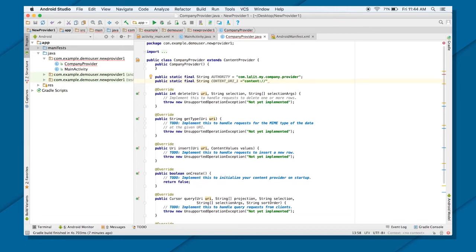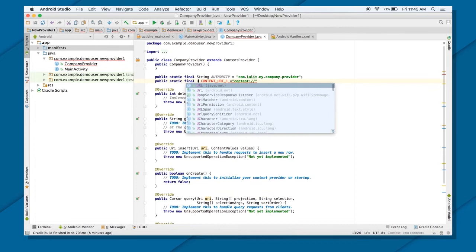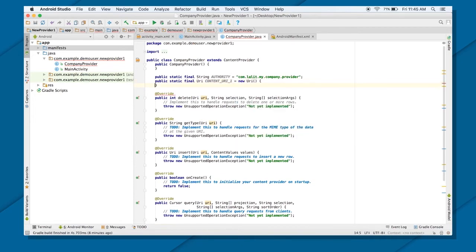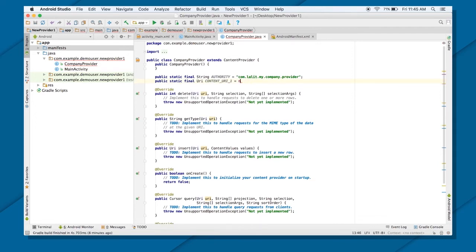So the content URI will always start with content. Since it is a URI, let me make it a Uri object, and while putting the URI, why not just parse my string with Uri.parse and provide the complete content URI path.